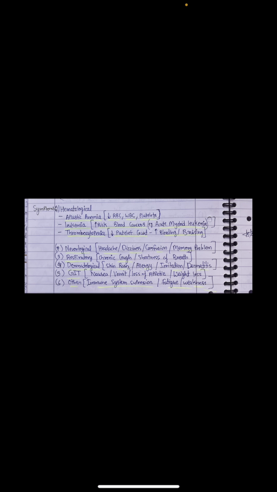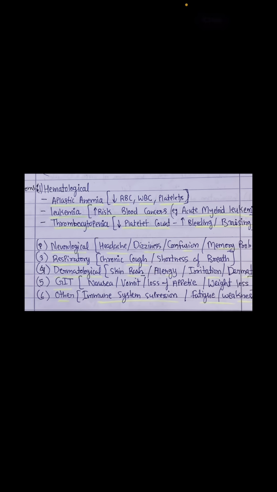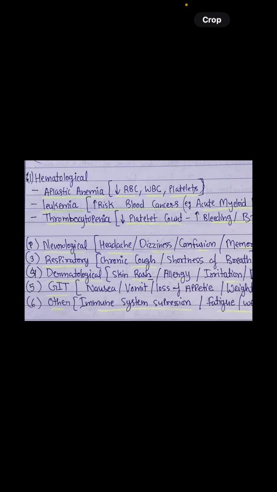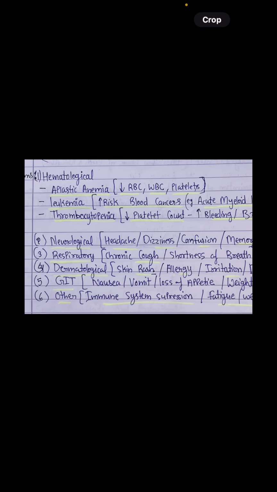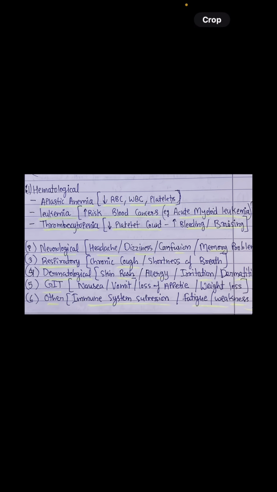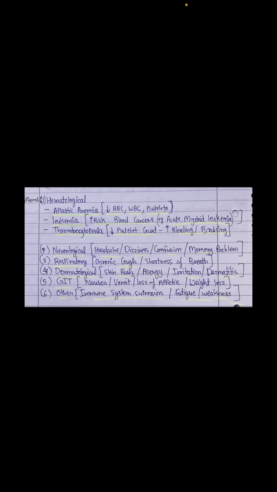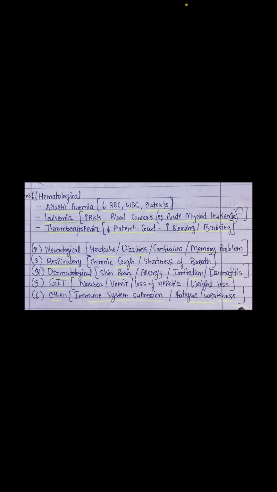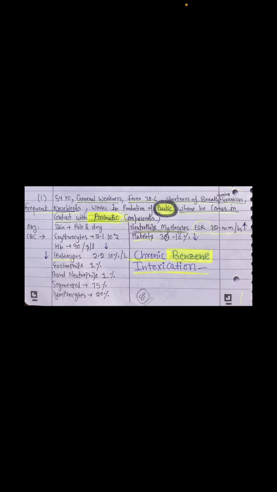The main thing to remember about chronic benzene intoxication is this word plastic, which is highlighted very well. And we know that benzene is an aromatic compound, so it will be given very well in the KROK question. Let's see some symptoms. If you can remember, it's good. If you cannot remember, just remember a few. We will see aplastic anemia, leukemia, thrombocytopenia, neurorespiratory, dermatological, GIT, and other symptoms as well. A lot of symptoms are there, but the main ones to remember are aplastic anemia, leukemia, and thrombocytopenia. In the KROK question, the CBC values will be severely affected.